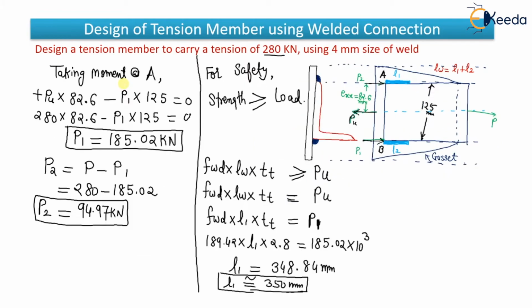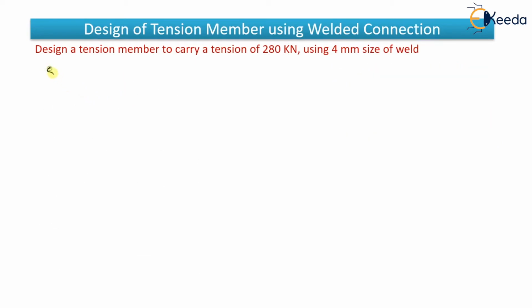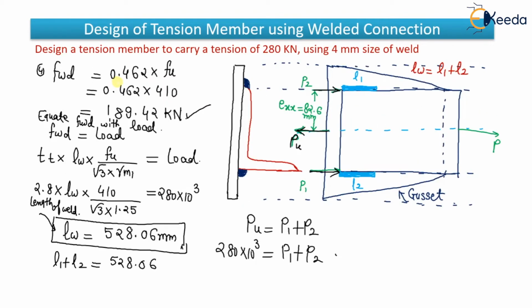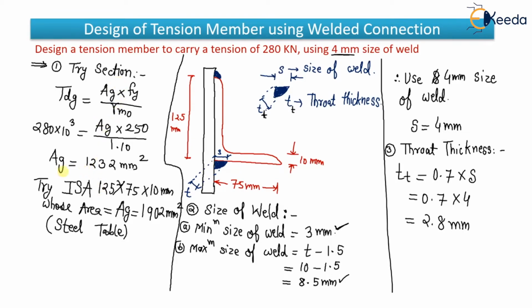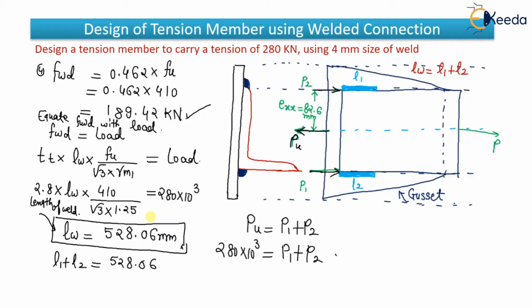Okay, so I'll just put what is the value, what is the next step. It is step number 5. The first value is TDG, that is design strength of member due to yielding, gross yielding. So it will be Ag into Fy divided by gamma m0. Now what will be the value of Ag? It is not what we have calculated. We have calculated a value of 1232, but it will not be like this. The section that we have used, this value you will have to take 1902. So don't get confused in the exam.